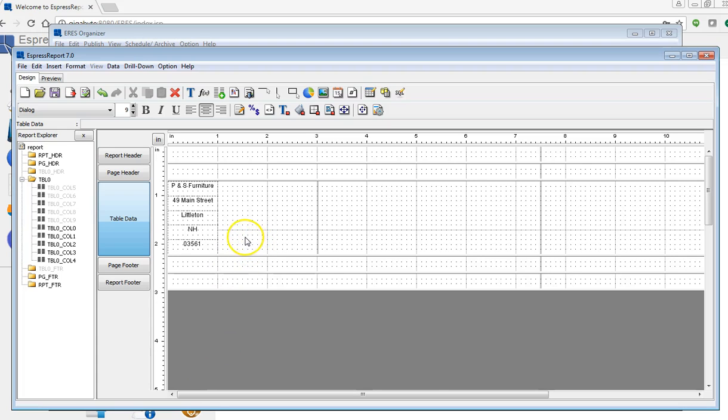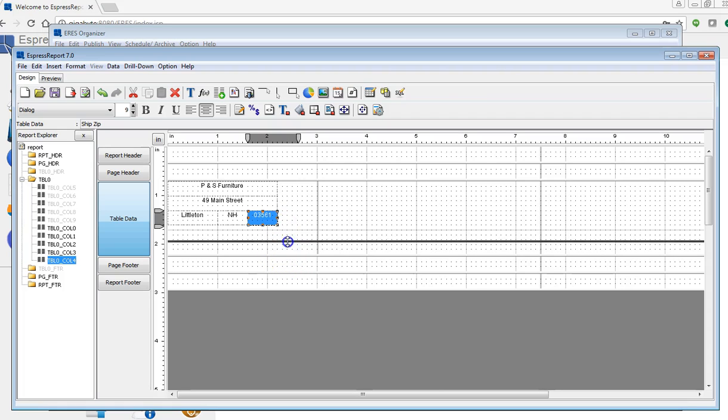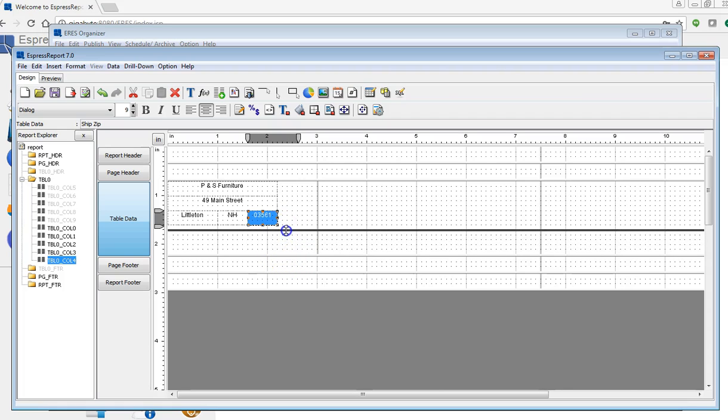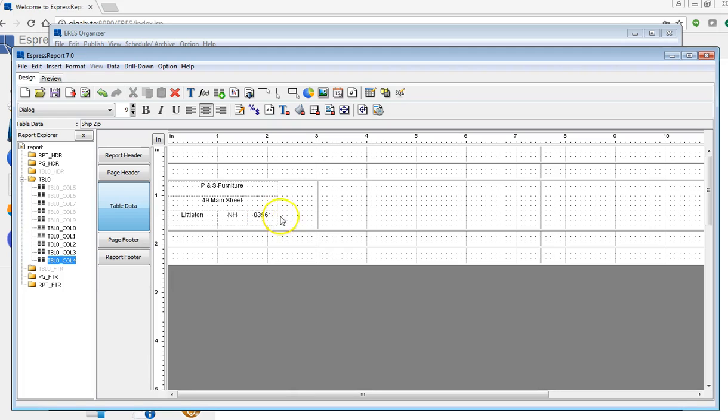So let me go ahead and adjust some of the spacing. So this one I want to make a little bit longer, so same for this one. This field, I actually want to move next to city. So I have city, state, and then this is the zip code, and I want to line them up like this. And I want to move this boundary up a little bit,